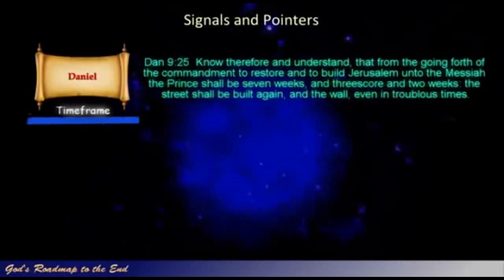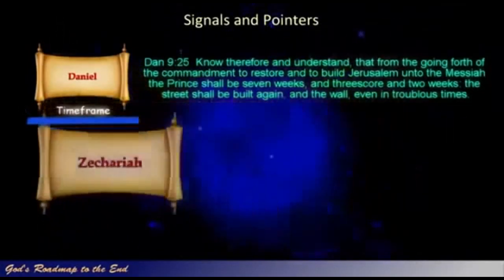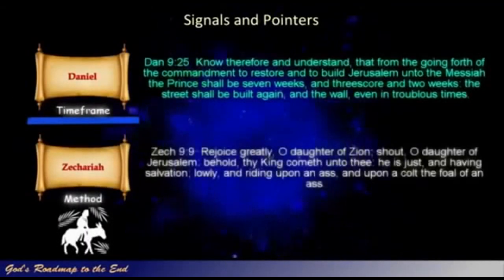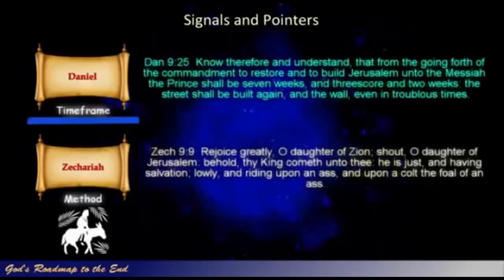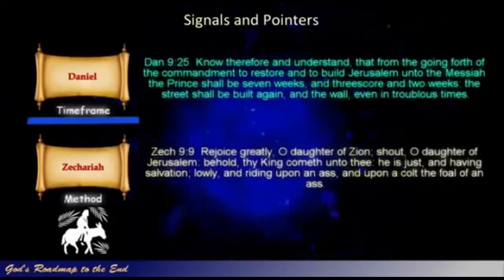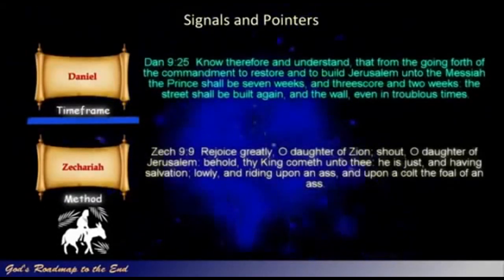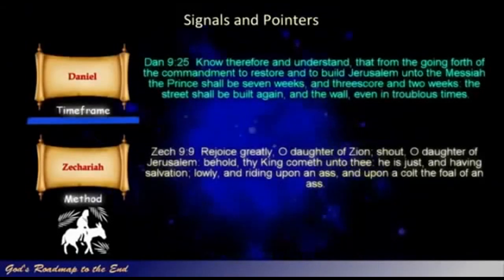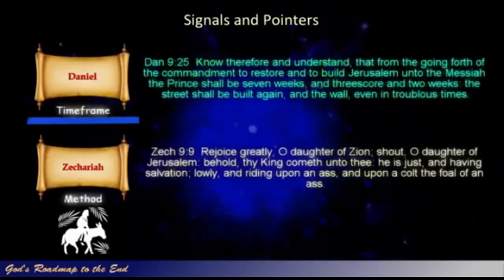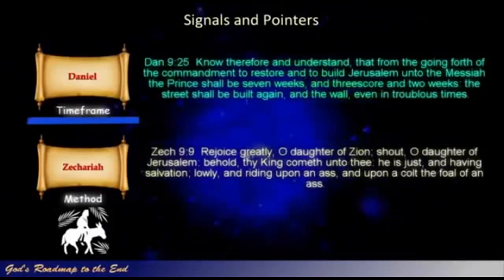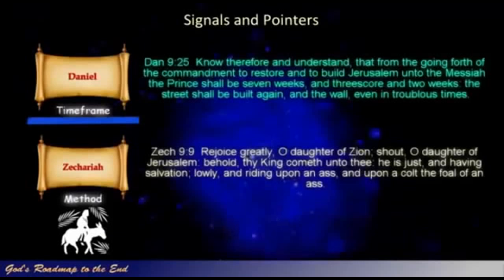Jerusalem on a donkey. In Zechariah 9, we find a description of how Israel's Messiah would present himself to his chosen nation. Zechariah 9, verse 9. "Rejoice greatly, O daughter of Zion, shout, O daughter of Jerusalem. Behold, thy king cometh unto thee. He is just, and having salvation, lowly, and riding upon an ass, and upon a colt, the foal of an